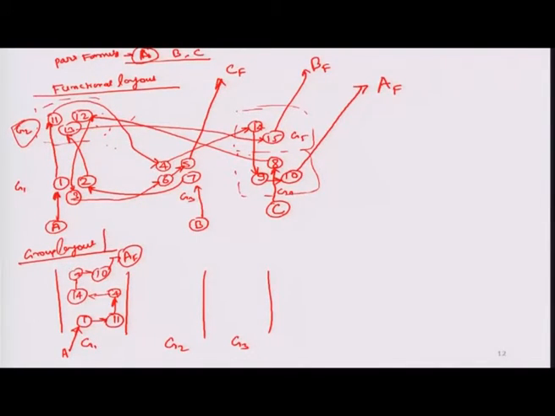Okay, similarly for part family B, it will enter at 7, then it will move to 2, then it will again move to 13, then it will move to 15, and it will come out as a final product. And similarly for part family C, first it will enter at machine 8, then it will go to 12, then it will go to machine 3, after that machine 6, then it will go to machine 5, and finally it will come out as a final product.